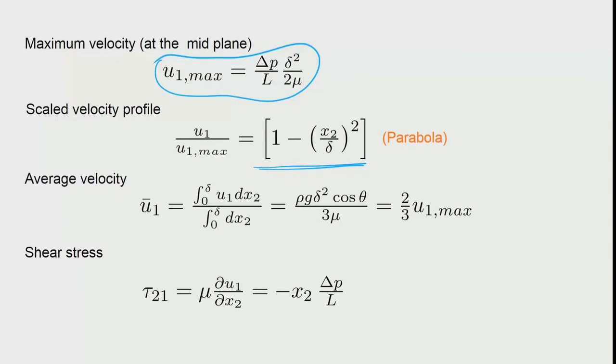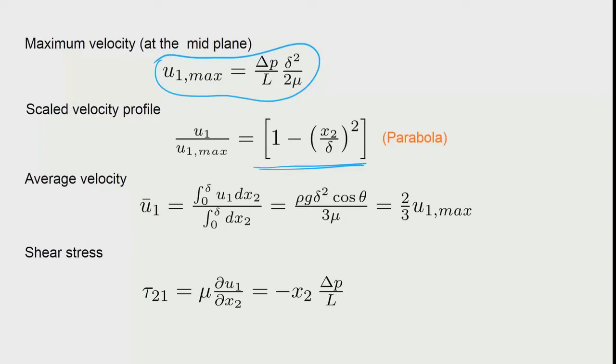In the earlier situation it was a body force term. In this situation it is actually the pressure gradient term. So, they both have the same way of affecting the solution, and we also see that the earlier problem had half a parabola. Here you have a complete parabola. It is only a matter of the domain definition, from 0 to delta versus minus delta to plus delta, otherwise the solution is identical. Which means that some of the solutions we know, we could actually transfer to new problems by looking at the similarities.